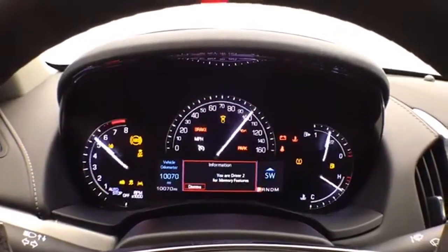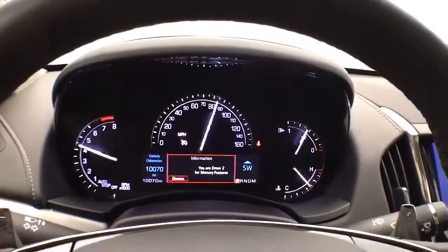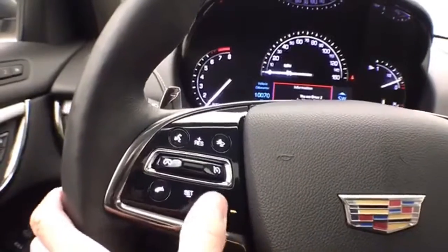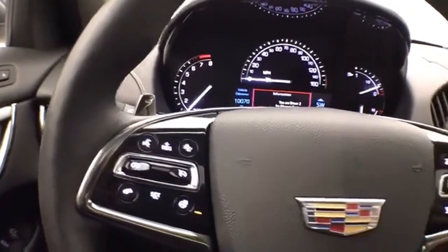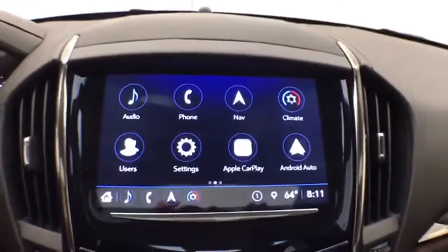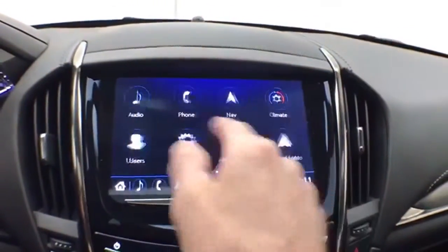Large, easy to read gauges with customizable dash, leather wrapped steering wheel, which is heated, great for those cold winter days, cruise control, steering wheel mounted audio controls, large CUE infotainment system